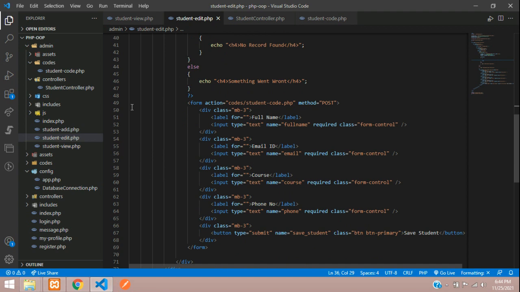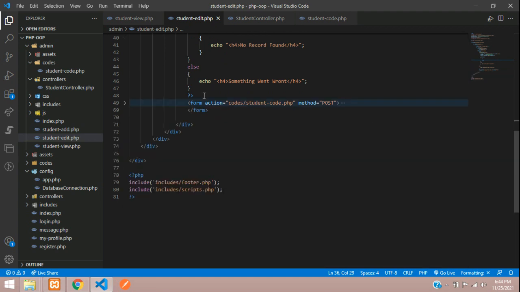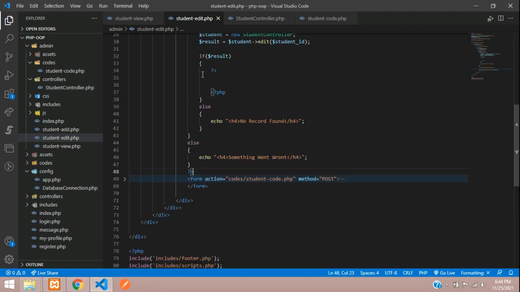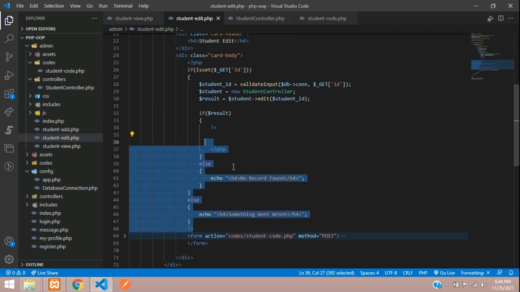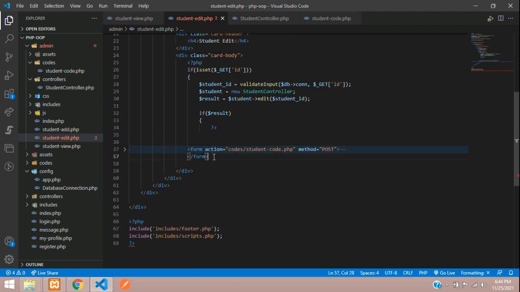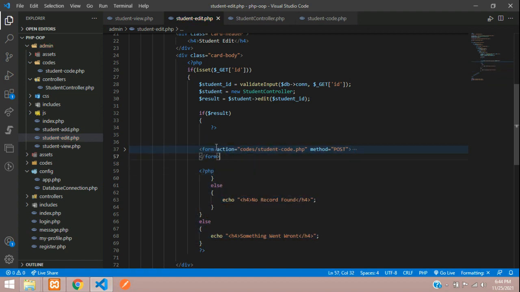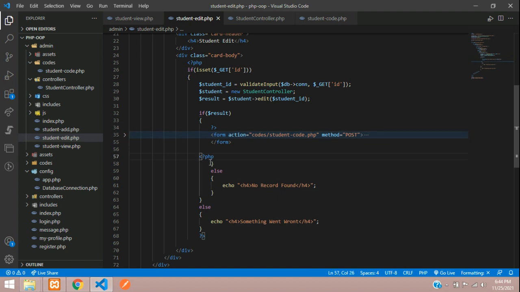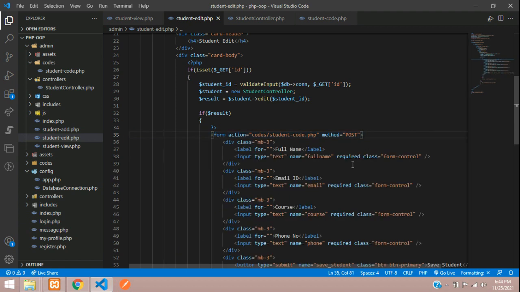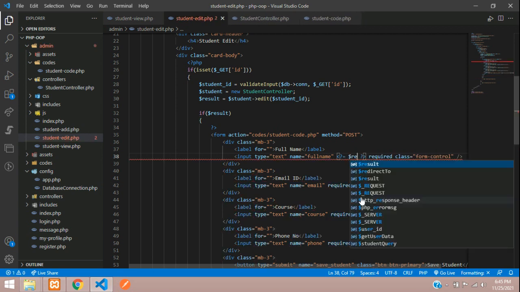So let me just minimize this form, and here we go. Let's cut this full if condition, and paste below the form. That's it guys. So this is a simple step over here. Done. And now this is our form, and inside this form we are going to get the data. So what data you are going to get, so let's open PHP is equal to close PHP, and here $result